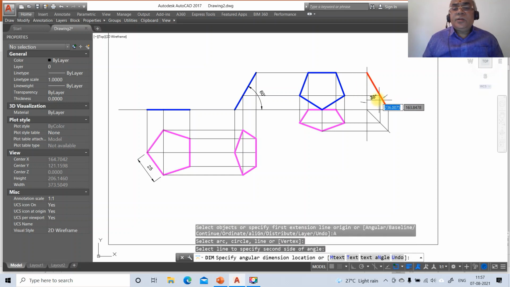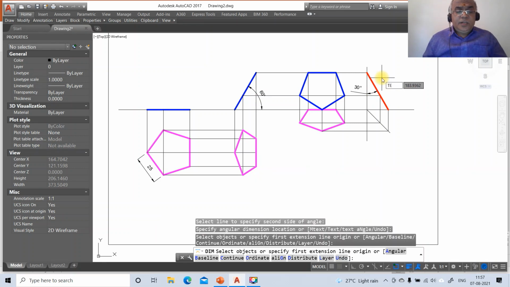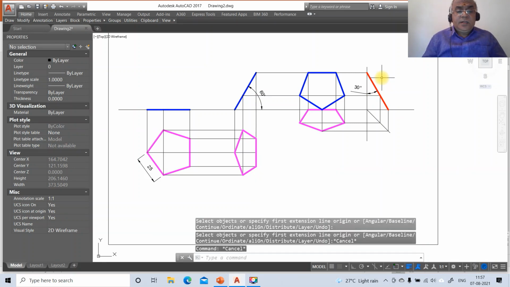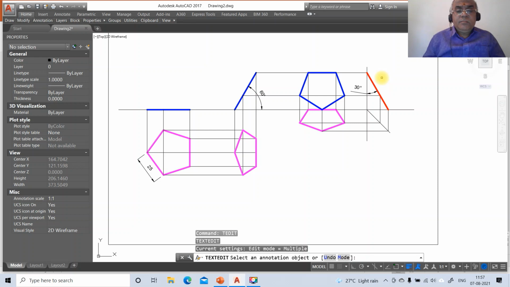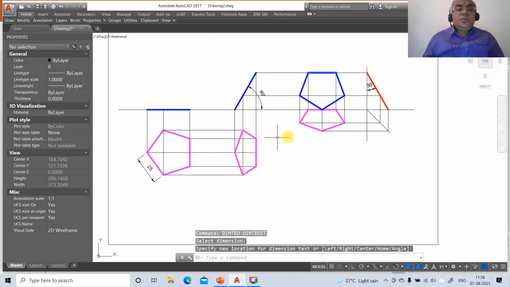Once you do that, you are going to get 30 degrees to VP. Then go to dim TED, text edit dimension, select this and you keep it here. Once you do that, now the drawing is over.